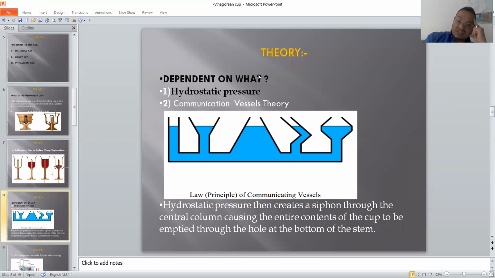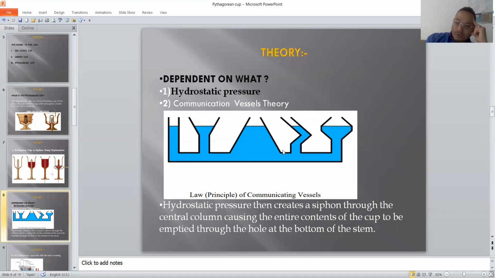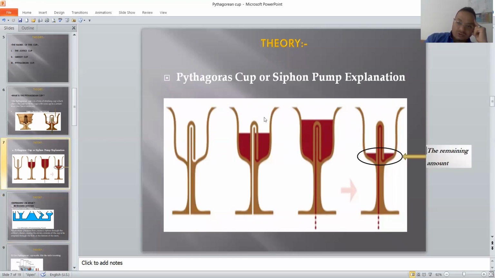Number one, the hydrostatic process. It was the important element here because, like we say, in all three situations we are dealing with the hydrostatic process. But here the hydrostatic process is not enough to make the liquid throw out from this hole. Here, with more water or liquid, it doesn't matter, the hydrostatic process will be more. That means it can make this liquid throw out from this hole and out of the cup.